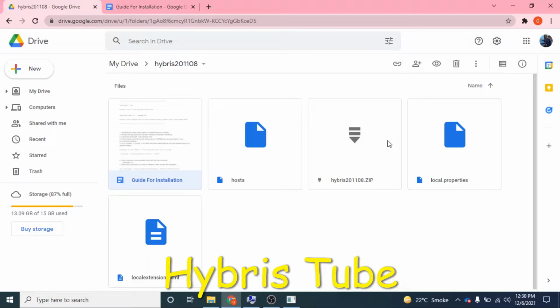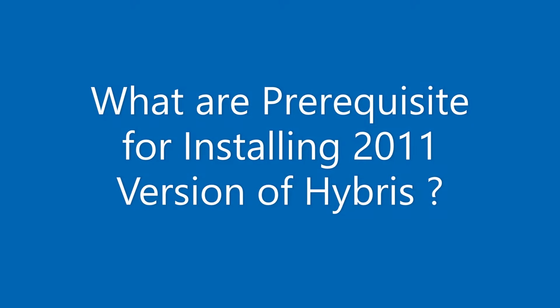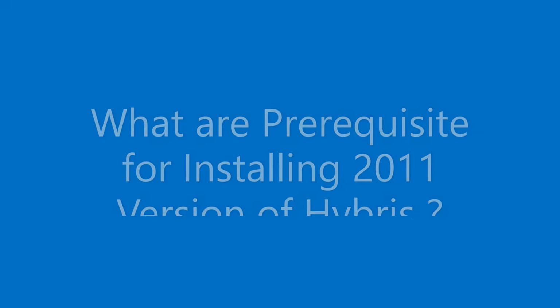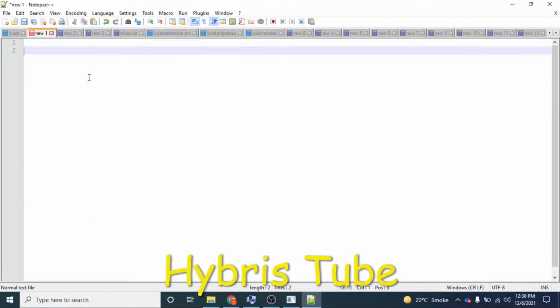Before we install the B2C accelerator, there are some prerequisites which you must fulfill to install the B2C accelerator in your system. So what are those prerequisites? You should have a system with minimum 8 GB RAM. So this you need to check, that you should have RAM in your system with a minimum capacity of